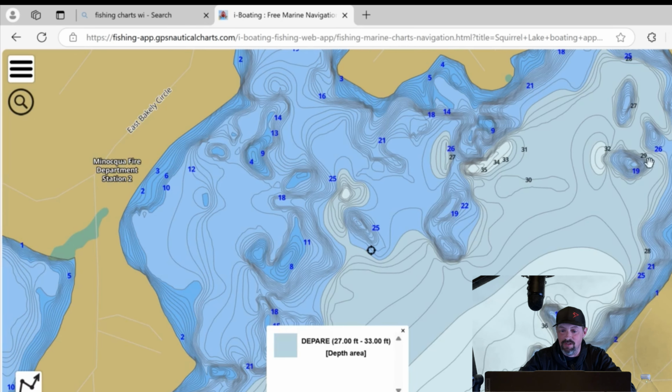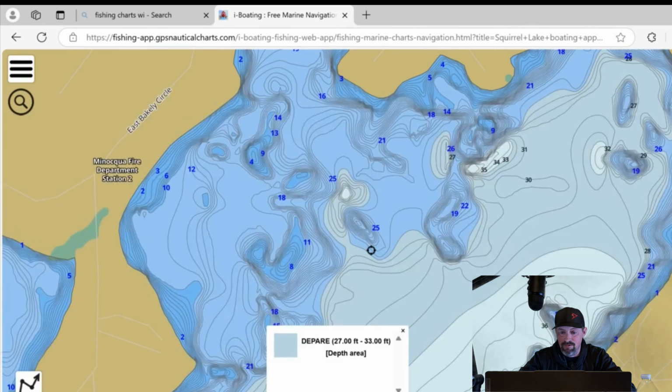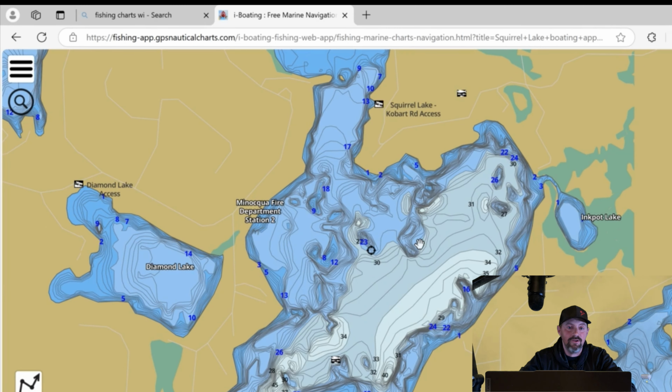Once you actually fish the lakes, but it shows the boat launches and everything. So for an example, we're looking at Squirrel. It shows all your different depths, your break lines. Obviously, with midwinter crappie,